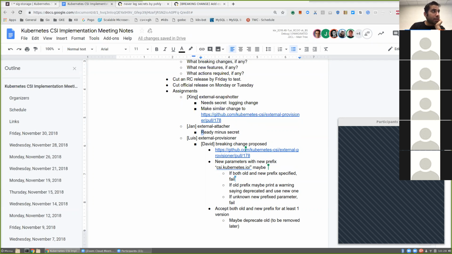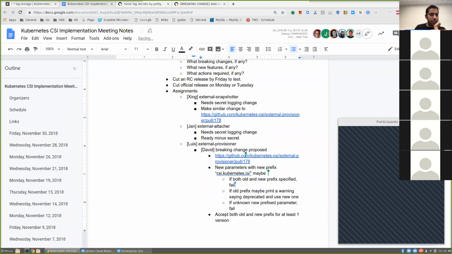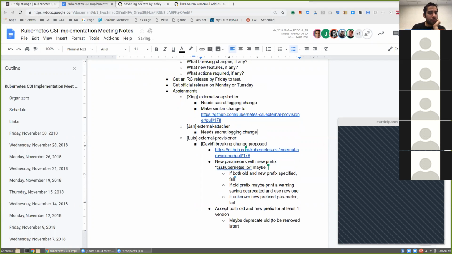If it ends up being way more work than we expected, or suddenly it blows up and you don't have time, that's fine. We can reassess on Monday and hold back these PRs and push them out in a future release. It would be very nice to get them in this release, but don't kill yourselves to get it in. Okay. All right, cool. So in general, we have a consensus with what David wrote here.